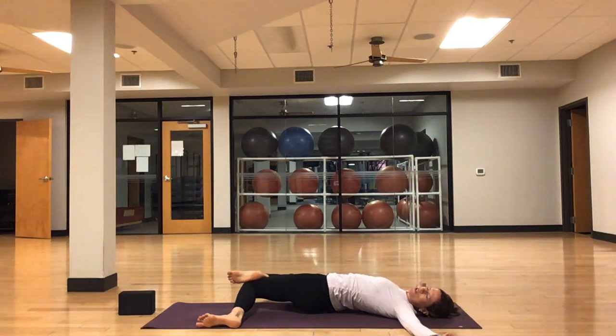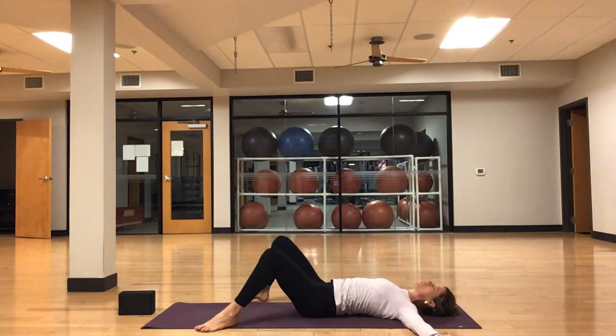Listening for that sweet exhale sound, that soothing ocean-like sound. One more breath here. And exhale, slide your right foot off of the leg, lift your knees up to center, drop your knees both